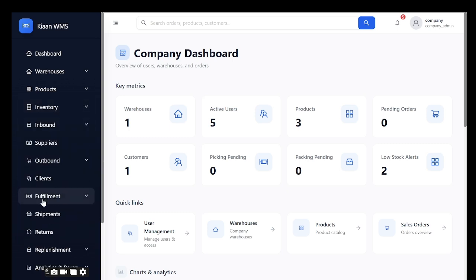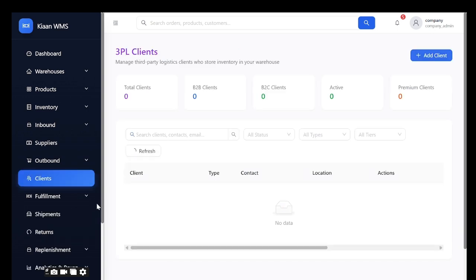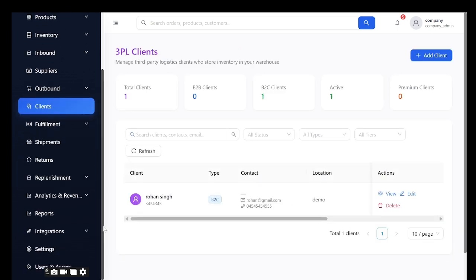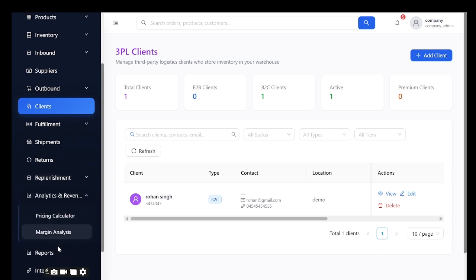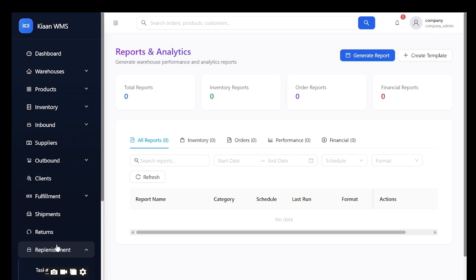what were the shipments, how many fulfillments happened, who all are our clients, the recurring clients also you can see from here, the replenishment. Also you can have analytics from here. Authentication and role management also you can have from here. We can have 3PL clients, the third party management system, order processing, real time inventory tracking, task engines, the returns, the reports, margin analysis, etc.